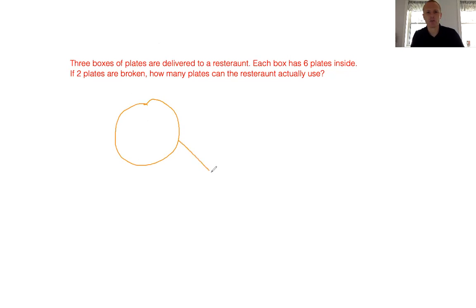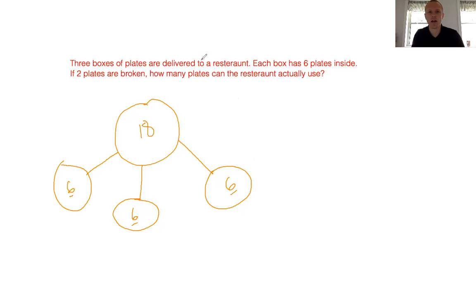But I have 3 boxes, which means I have 3 groups. You're going to see here in a minute, this is one of the same facts we just worked with. And I have 6 plates inside each. So I can count by 6s again, just like I did before. 6, 12, 18. I have a total of 18 plates got delivered to the restaurant. So that solves this first part, right? I have 6 plates inside of 3 boxes. I have 18 total boxes. I'm sorry, 18 total